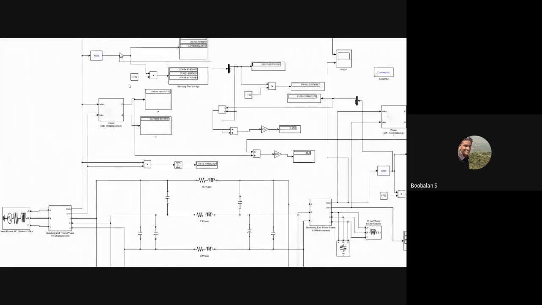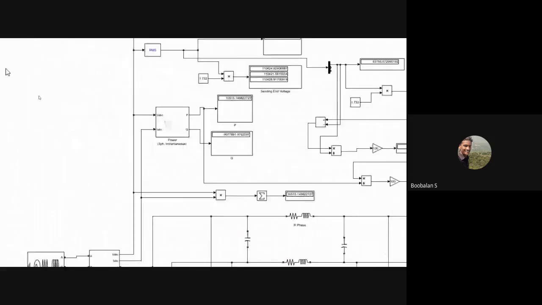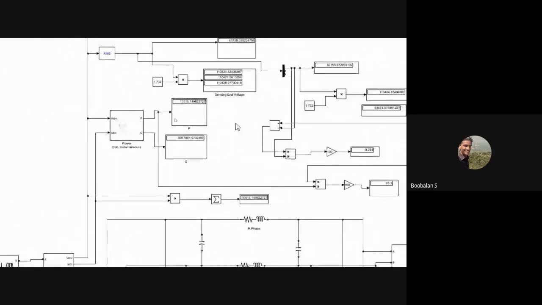VABC, RMS, demultiplexer. Just follow my mouse cursor point. It will be 1.732, the square root of 3, multiplied using the demultiplexer. I'm splitting out only one phase, right? You have the three outputs R, Y, B. I'm going to use only R, and on R, multiplying by square root 3, definitely we will get about 110.424. That is, 110 kV is now coming. So this is a self verification of whether you are getting 110 voltage after this block. This is a simple calculation of my sending end voltage.